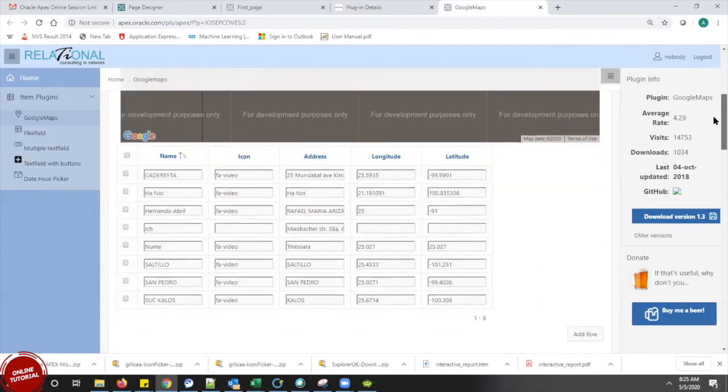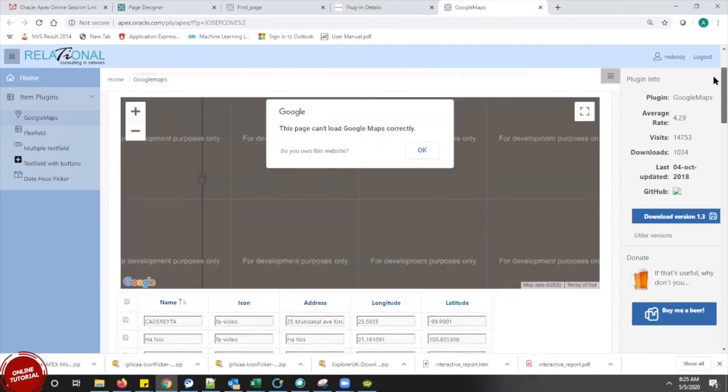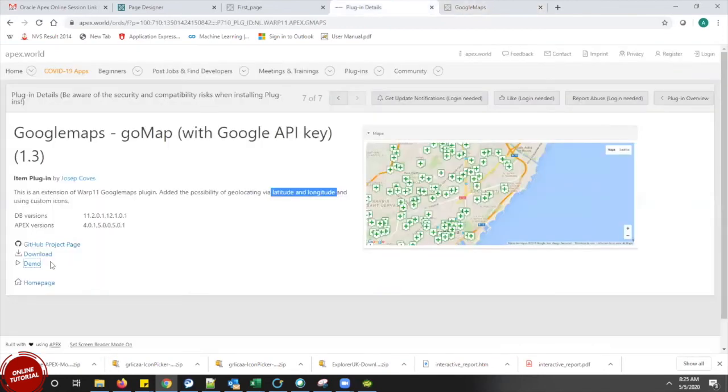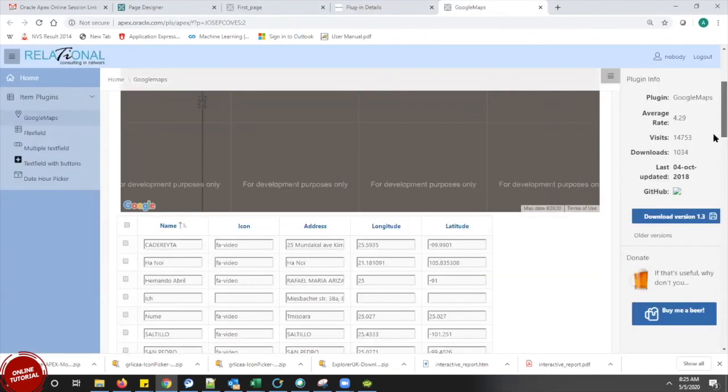Okay, so if you see this, what they have done. This is not loading correctly. This demo is not uploaded correctly over here. But from this page, what we can make out is this.